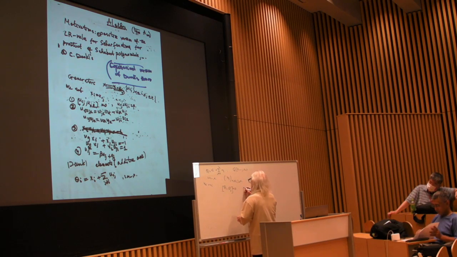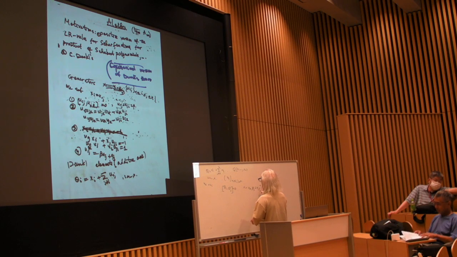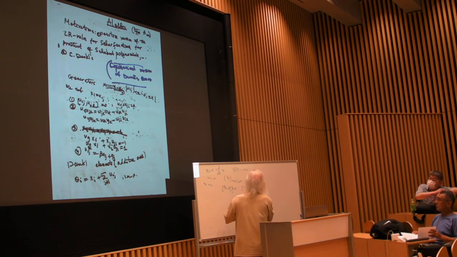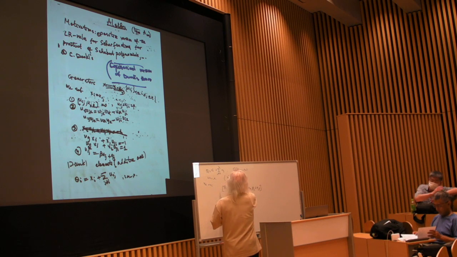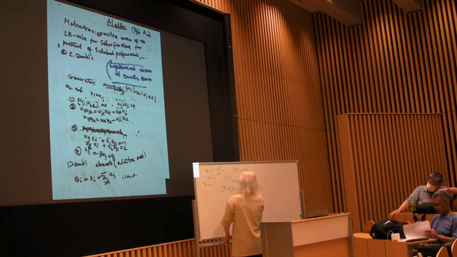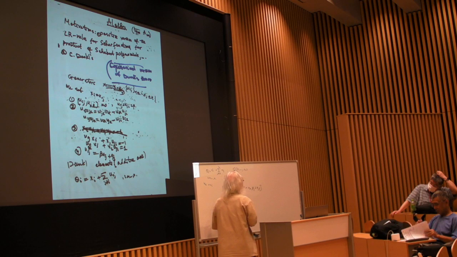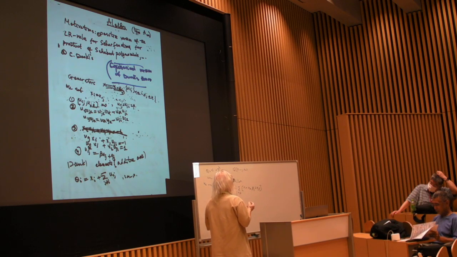Okay, probably I leave it as an exercise and give the answer. It is easy to write, just put the definition of Dunkl elements and write it as a sum of A and B commutators. And the first important property